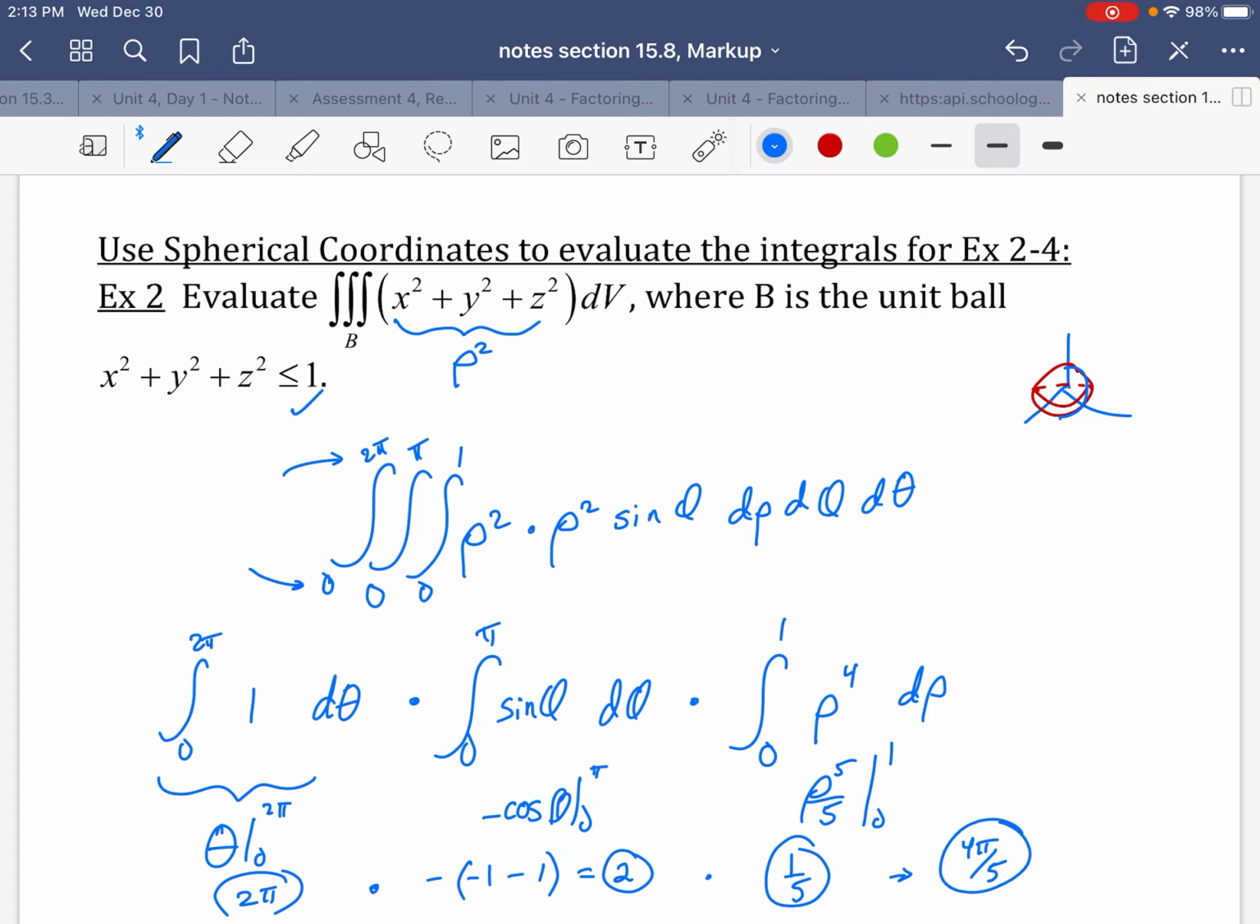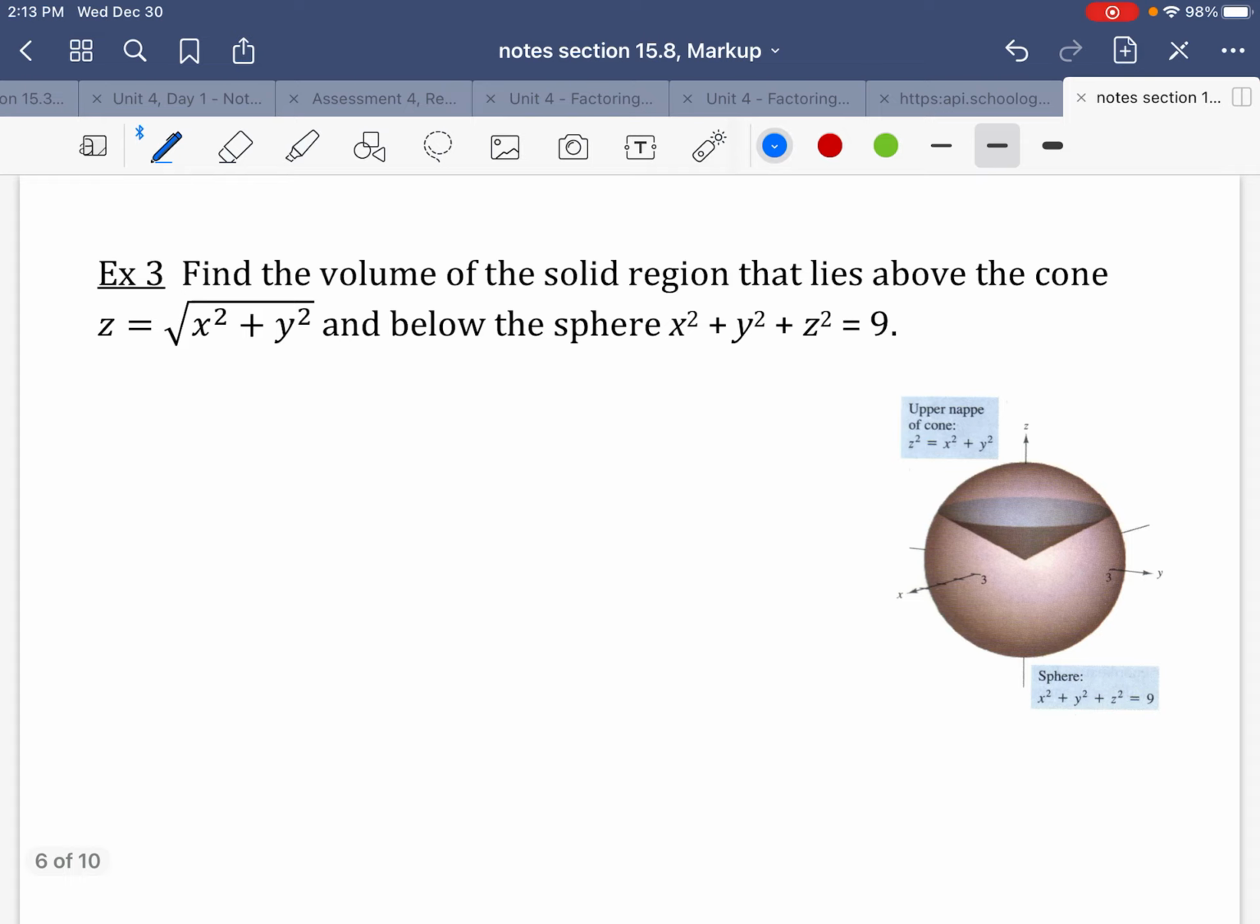And that will be the easiest thing that you can do. You can't always do that, but if there's 3 numbers up here, if they're all numbers for your evaluation pieces, for your bounds of your integral, then you can separate it, and that's going to be the easiest way to do these. All right, so here, find the volume of the solid region that lies above the cone this time,